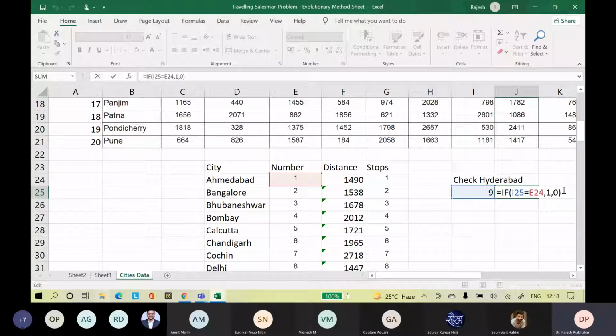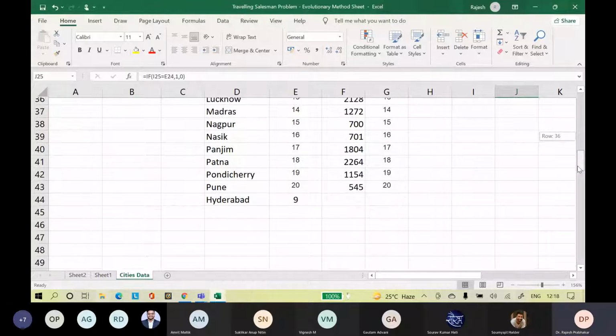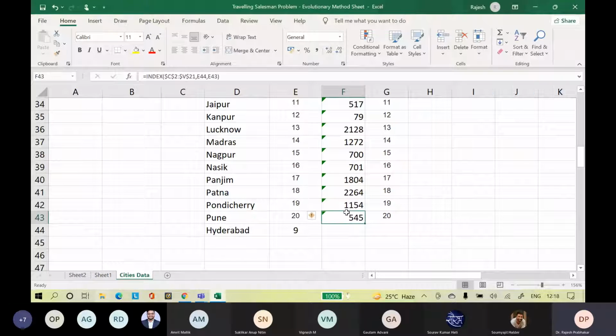So in the city number distance stops table, the last distance Pune, it was 0. So what did we take for the next city? Pune will be 0. Yes, sir. And, well, we take any random city, sir. So do we take Hyderabad or any random city? Pune only. You drag the format till Pune only. Yes, sir. Okay, then we add Hyderabad again.